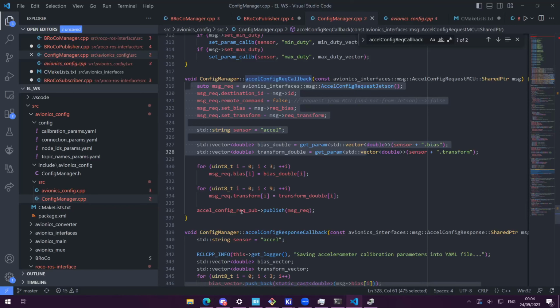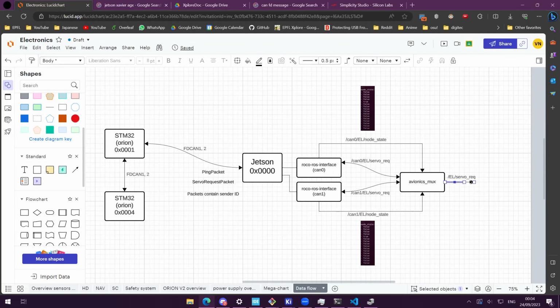Okay, so this is a config topic from the Jetson, an Axel config request Jetson. So right now we are doing this, and then we have to come back. So it publishes on another topic, which is a request Jetson topic. This topic here goes through the multiplexer, then goes through either this way or this way, depending on the states of the nodes. It then is converted to a ROCO packet and is sent through the appropriate bus of the